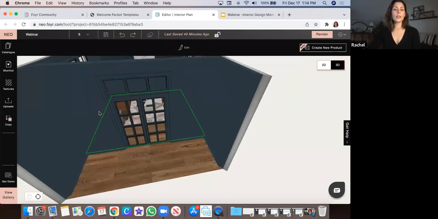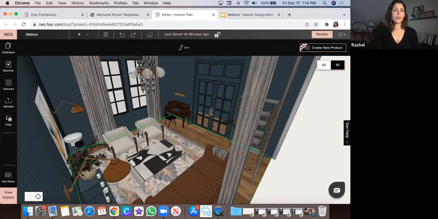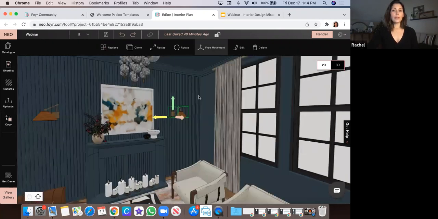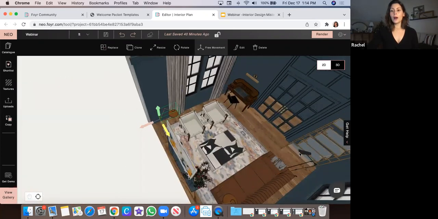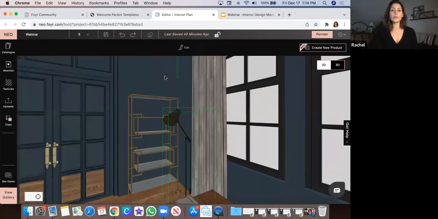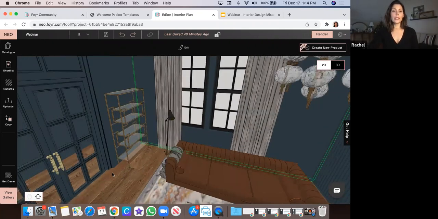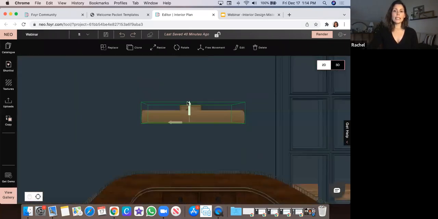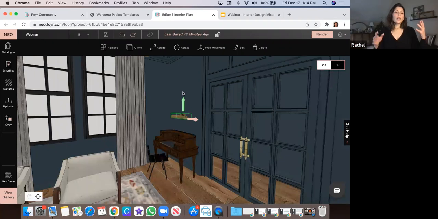Okay. Let me orbit around here. So we have our general lighting in the form of this chandelier here. We have our ambient lighting, which, like I said, is framing the focal point of the room, which is this artwork. We have our accent lighting in the form of this floor lamp, which could also be task lighting because it's over the little corner of the sofa for a reading space. And then we have something that's purely task lighting, which is over this writing desk in the form of this wall lamp.